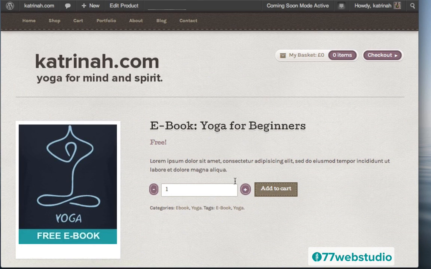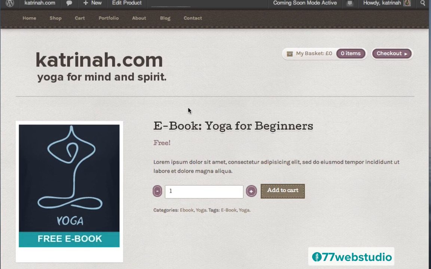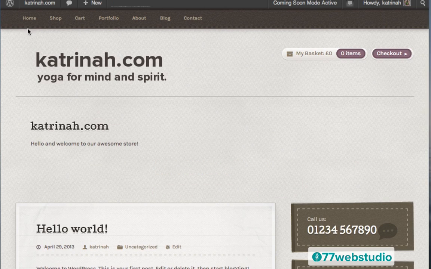So that is how you would add an ebook to your online store and your product catalog. So let's take a look at the home page and see what we need to configure on the home page. So I'm going to go to the top and click on Home, and here we are on the home page. So we have our menu navigation set and our logo. However, we note that all of our featured products are not showing up, and we also have to add some content here in this description box.